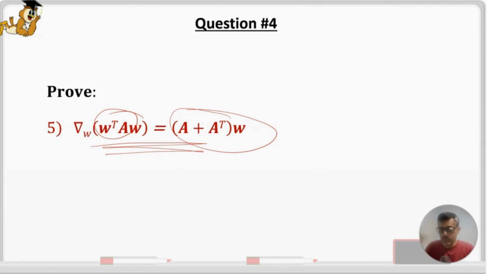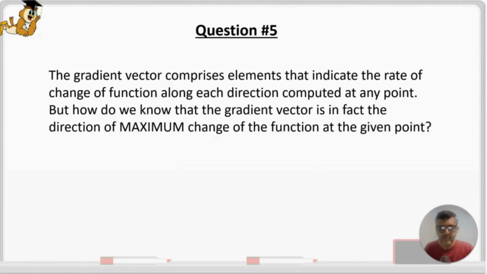Like I said, the proof of this, I'm going to give a link to it, but it doesn't hurt to challenge yourself with trying to come up with this proof. No new concepts here, like I said. Okay. Question 5. The gradient vector comprises elements that indicate the rate of change of function along each direction